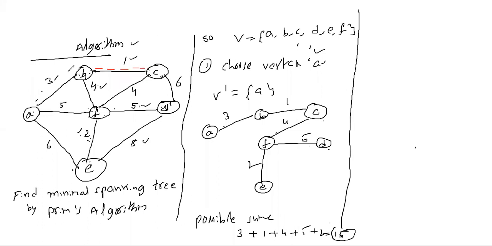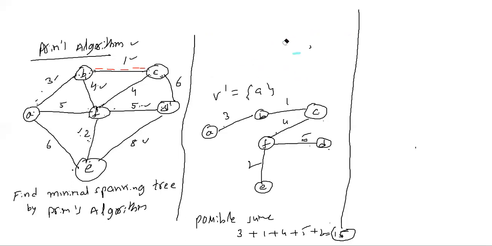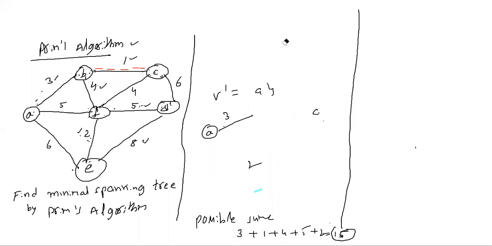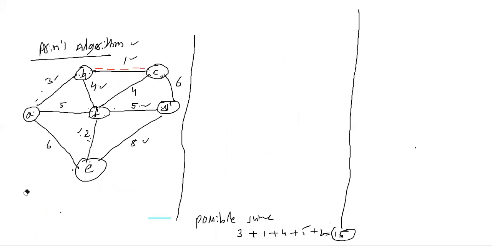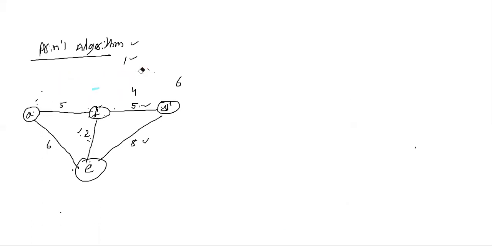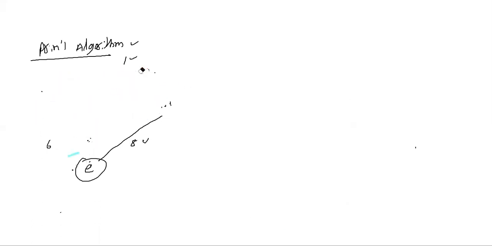Now, if you have any more doubts about the Kruskal algorithm or this Prim's algorithm, we only have 5 minutes. We see one more small problem. Then I'll go for next. After that, again you have to rejoin. I'll explain the Kruskal algorithm. For example, there is one more Prim's algorithm problem.